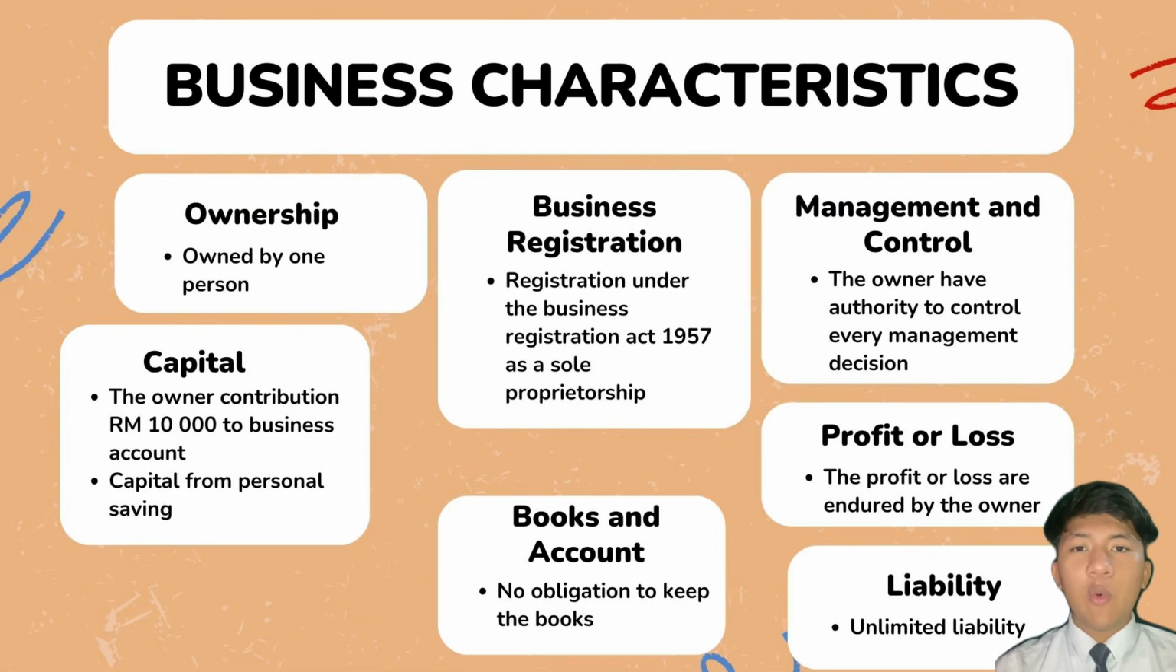For the next one, the business characteristics. The business is registered with the Companies Commission of Malaysia under the Business Registration Act 1957. The capital of the business that we chose is contributed by the owner himself, with an amount of RM10,000 from his personal savings. The liability of this business is unlimited liability, and other than that, the business profit or loss is endured by